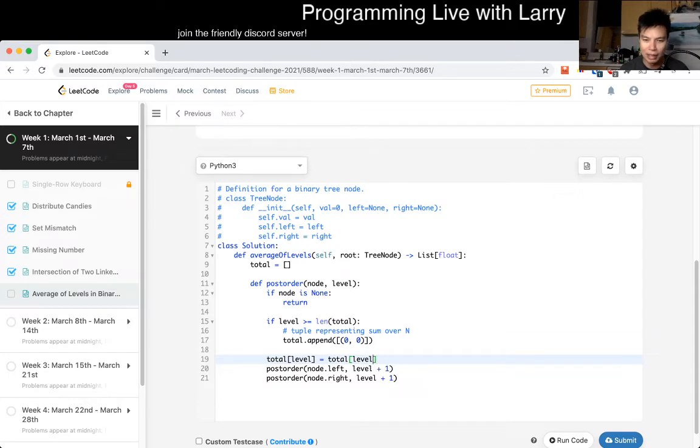basically the pairwise component, so the first one is the sum, so that's plus node.value, and then the second element, and if there's a cleaner way to do it in Python, let me know, +1, right? And then that's pretty much it. So now we do a post order from the root, level 0, and then now we have a total, which is not going to be the right answer, I know this, but